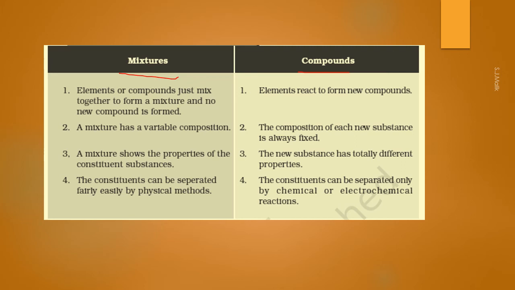Elements or compounds mix together to form a mixture and no new compound is formed. दो या दो से ज्यादा एलिमेंट्स या कंपाउंड को आप फिजिकली मिक्स कर सकते हैं, कोई नया कंपाउंड नहीं बनता है। फॉर एग्जाम्पल शुगर, चीनी, नमक, उसको आप चम्मच से, स्पून से एक बाउल में मिक्स कर लो तो दैट इज मिक्सचर, पर कुछ नया कंपाउंड नहीं बना, वो मिक्सचर में नमक भी है और शुगर भी है, सो दैट इज मिक्सचर।